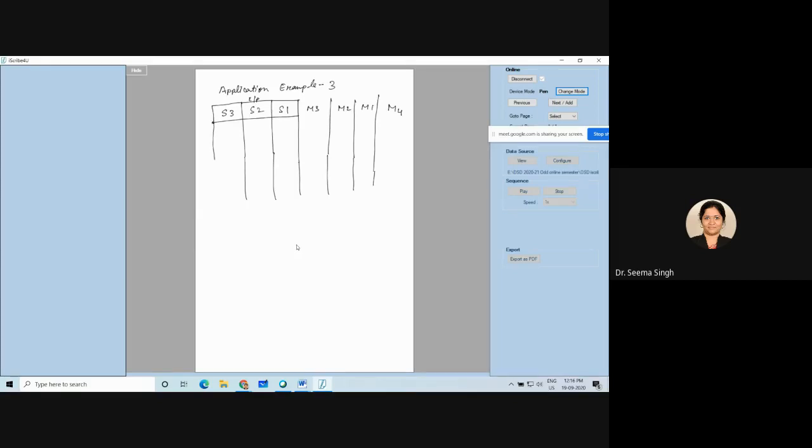Now, you know that if you get a 3 variable problem, you are supposed to make your truth table, which will take care of all the possibilities. I hope this is clear to all of you by now. So we have to take care of all the possibilities. So we will make a truth table of it.